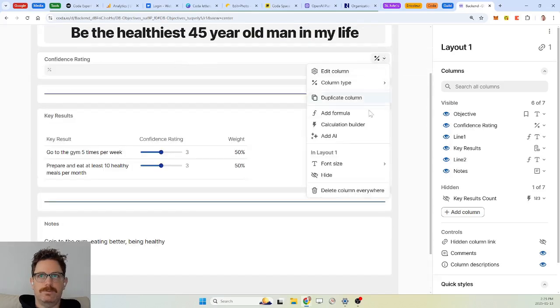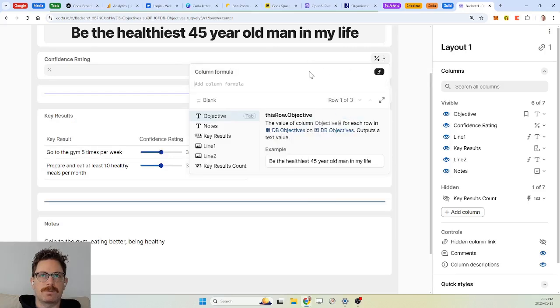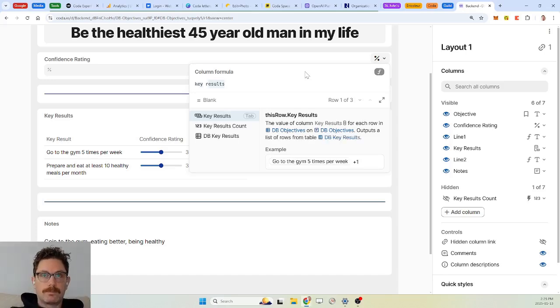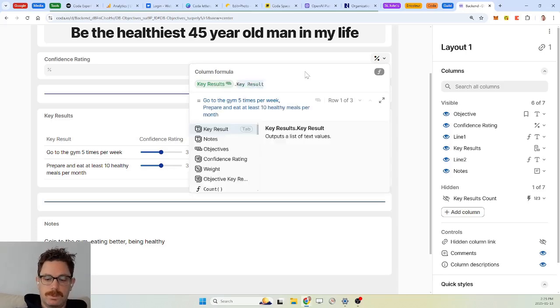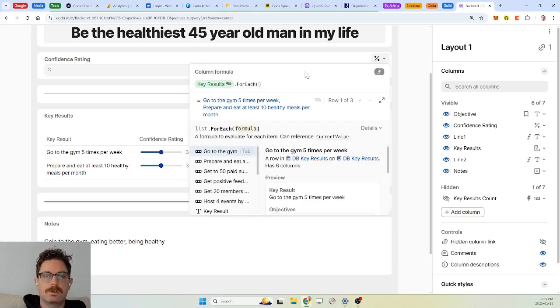And we need to put a formula on it. That formula is going to be key results dot for each